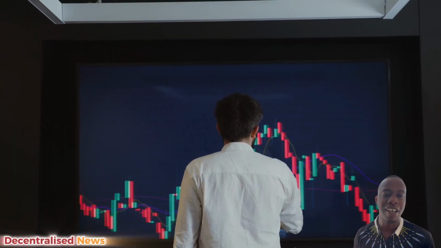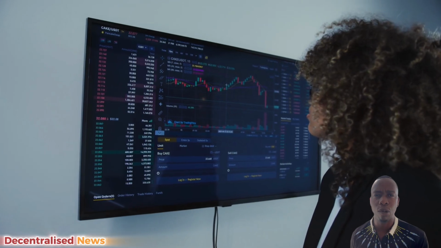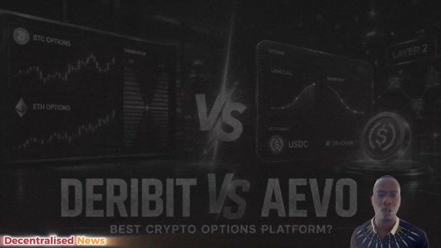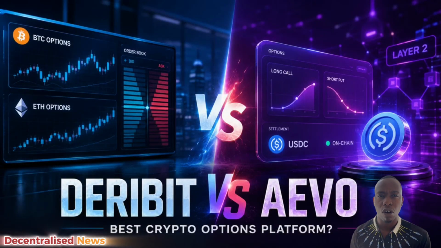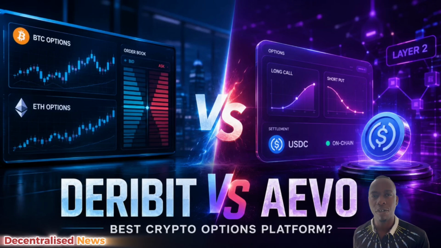Let's talk about cryptocurrency options trading, right? Today, we'll be comparing two platforms in particular, that's Deribit and Aevo. As we understand that crypto options are no longer just one market now, they've split into two very different worlds,